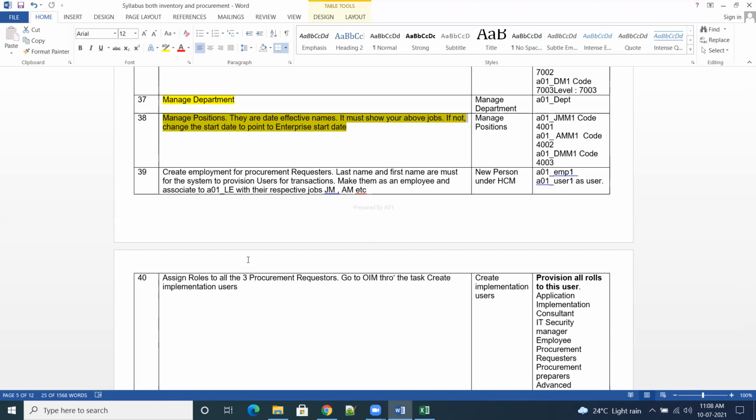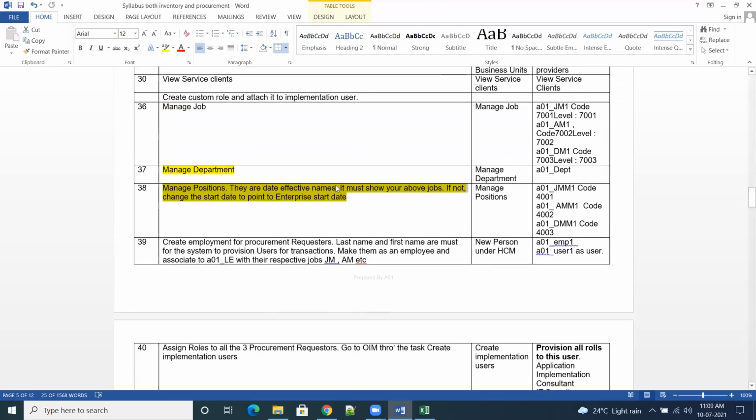That means what cost we purchase from the supplier, what cost we are selling to the customer, and what the margin, profits, and losses are, and what the manufacturing cost is. A lot of costs will come into the picture. Some of the costs we will take care of, like how we need to define and configure them, and how we come up with the final cost of the goods. All that we'll see from Monday onwards. So today we'll see these things.